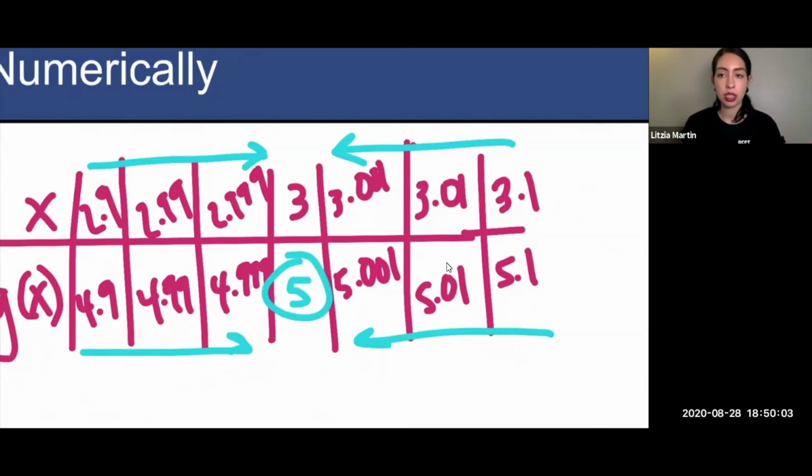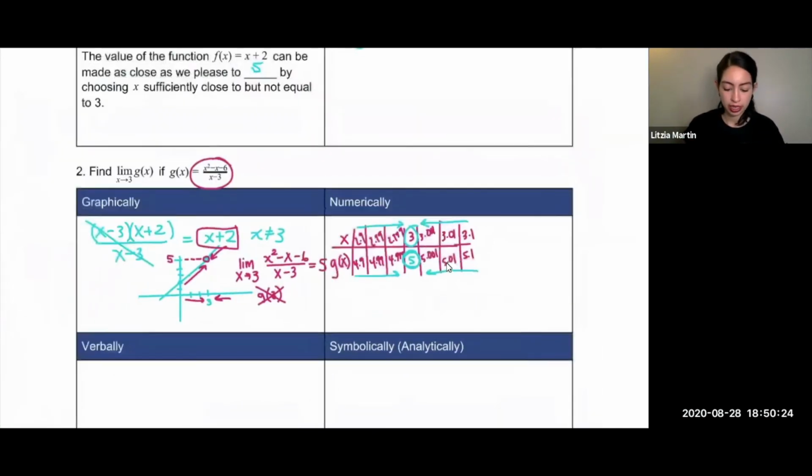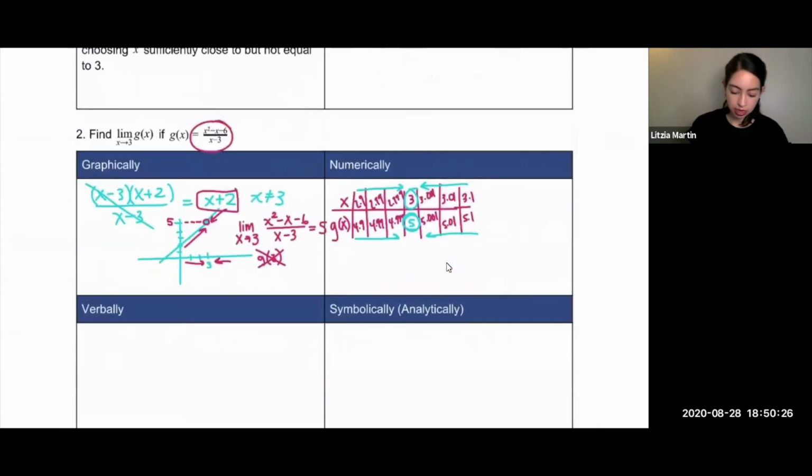So this tells us that our limit is 5 as x approaches 3, even though this is undefined, right? Because if I were to plug that into g, I would get 0 in the denominator, but our limit is still equal to 5. So I can say here, the limit